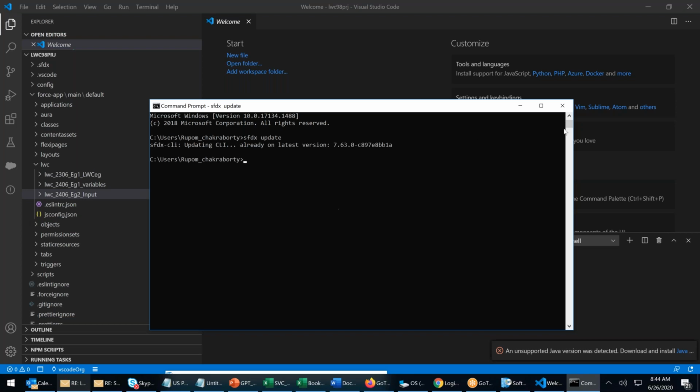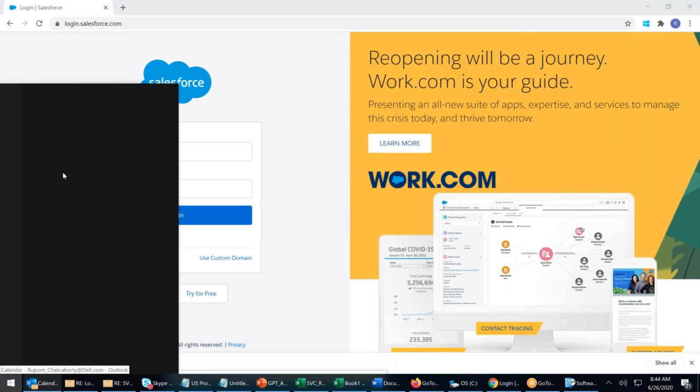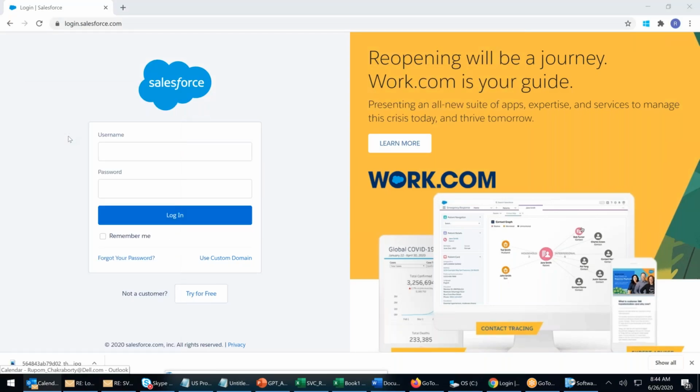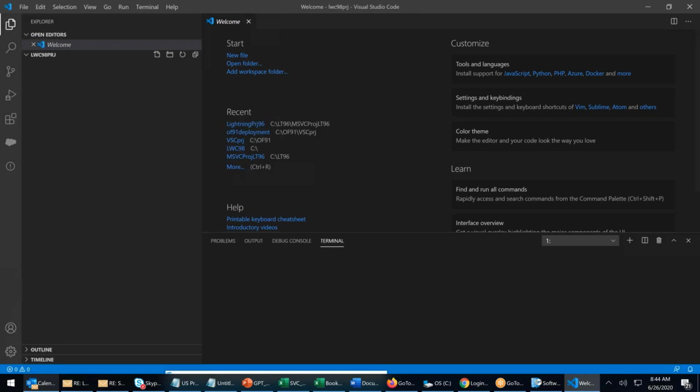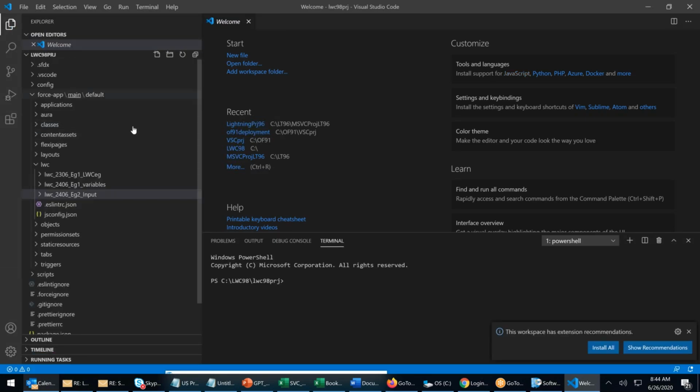Already the latest version. That's good. Just close it and once again open Visual Studio Code. My project is there.